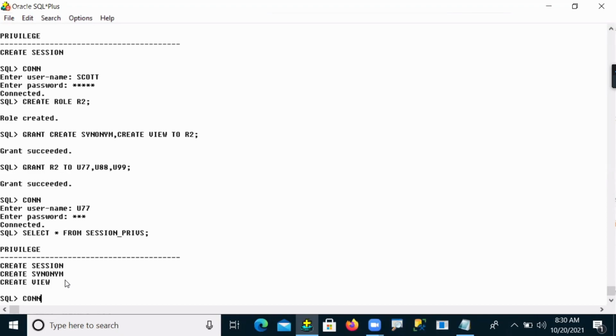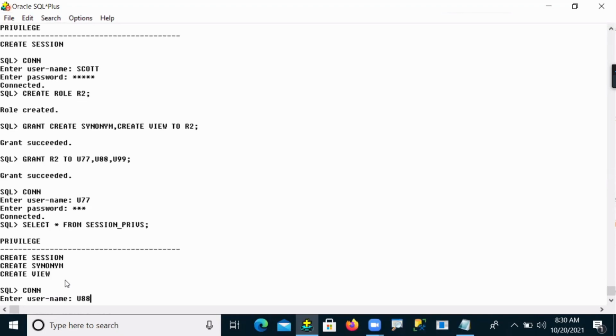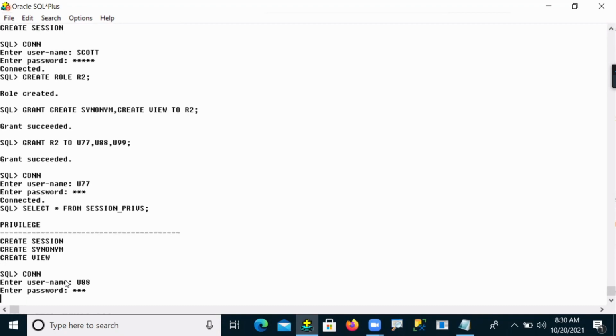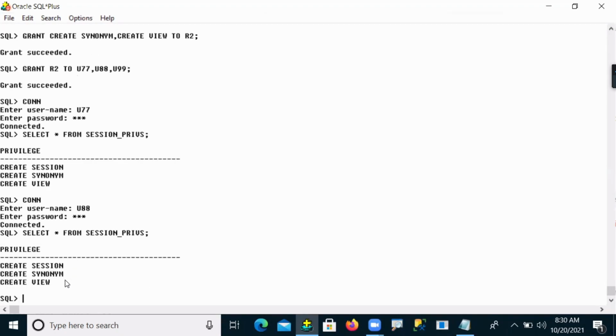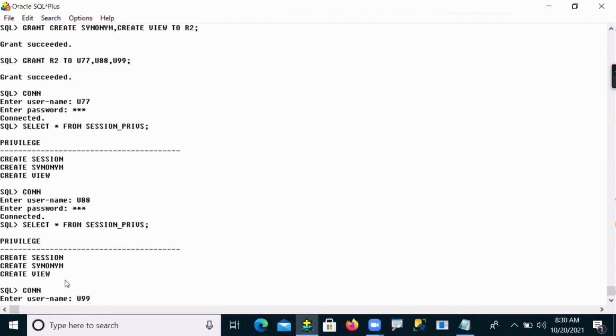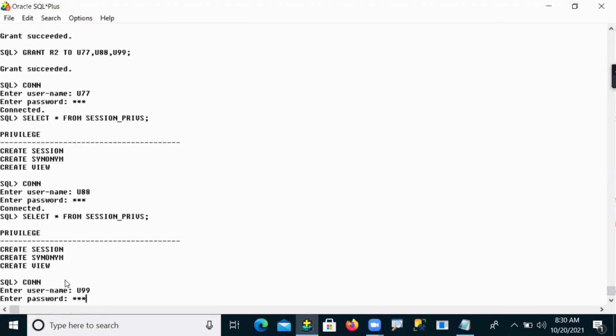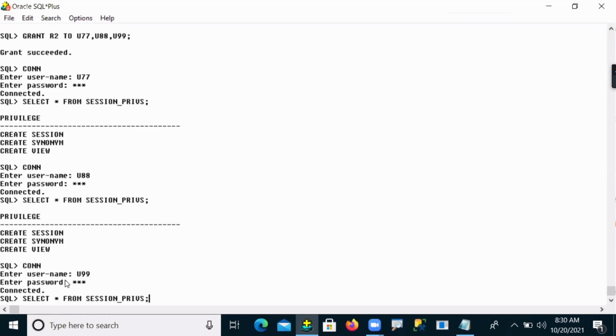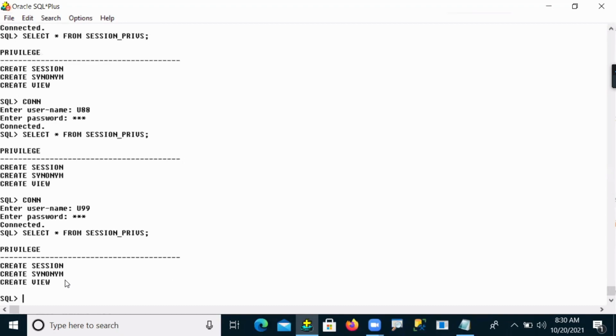Now user 88 is also getting them. He is also getting the synonym and view privileges. Like the third user, user 99 also gets the same privileges.